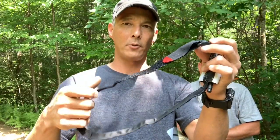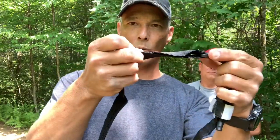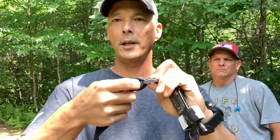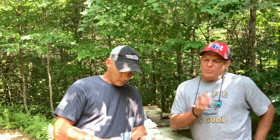One of the things I learned from Rick was, this is the way I always carry one, but his is better. What he did was open this up and squish this in, and then he squishes it like that. That way when he opens it, he's got a place here to stick his finger to break it if he needed to. So that was really good. All right, go ahead and set it up again like the way you would carry it. It's not the most compact way, but...